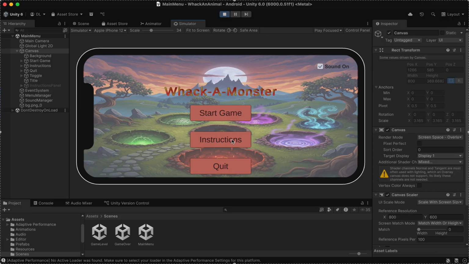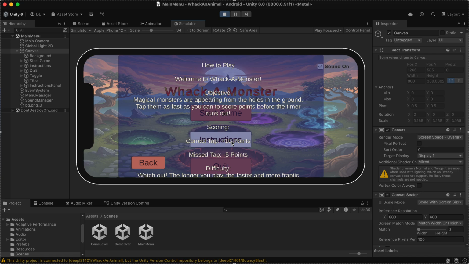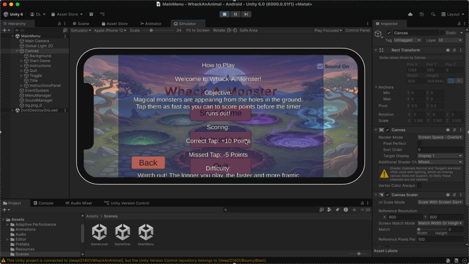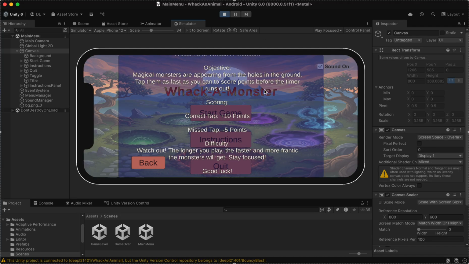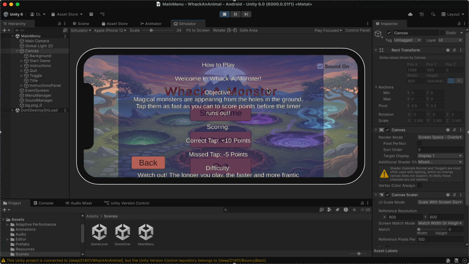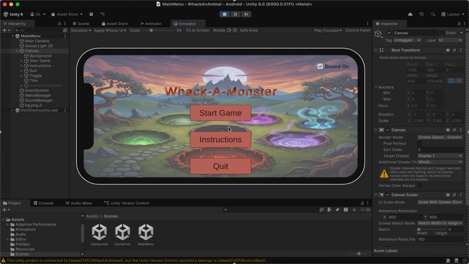So when I first click the instruction button, it shows the player how to play and all the instructions here as well. Correct is 10 points, a misstep is minus point, and difficulty as well. So I've added one extra feature for difficulty. The longer you play, the faster and more frantic the monster will get. It gets more difficult after 10 seconds, that I'll explain to you later. And going back,